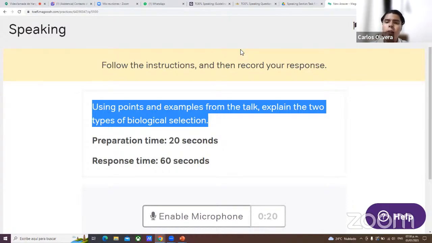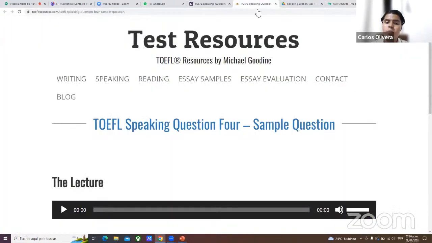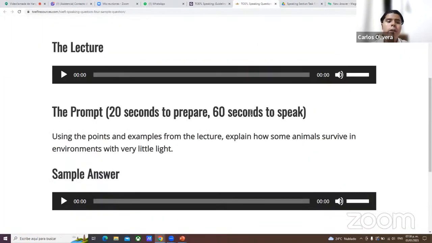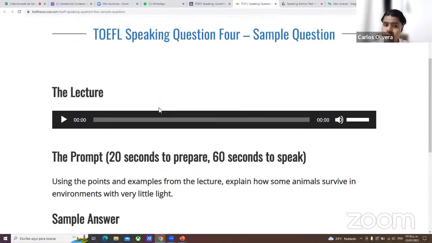Now let's go to another illustration before we move on to the structure that I want to share with you, for you to know how to organize and structure your summary, because of course, you need to have something already prepared so that on the exam, you don't go about improvising, but you have everything clear and organized in your mind, right? Well, let's go. So listen to another lecture. In this case, it's about another topic, of course. And then you're going to listen to my response to this one as well. Okay, listen.